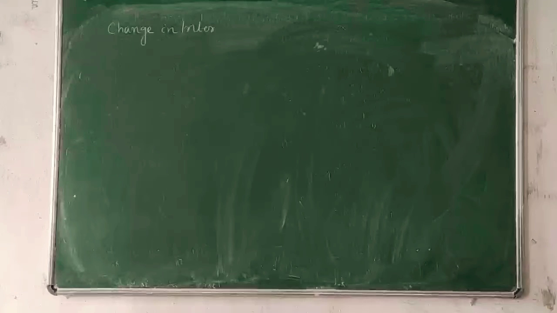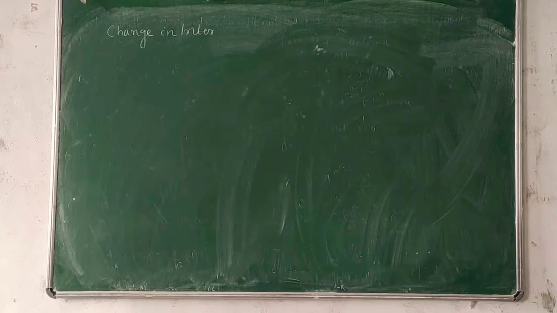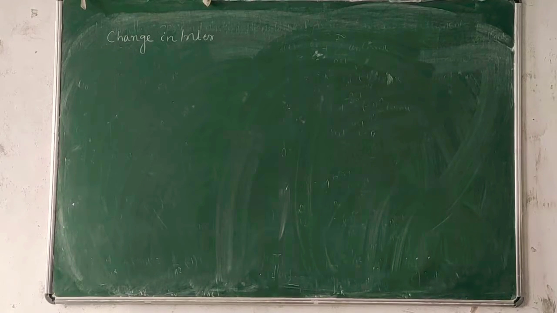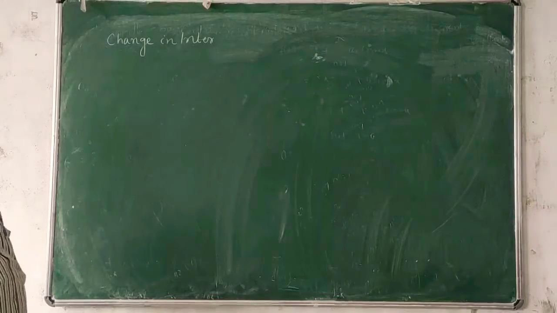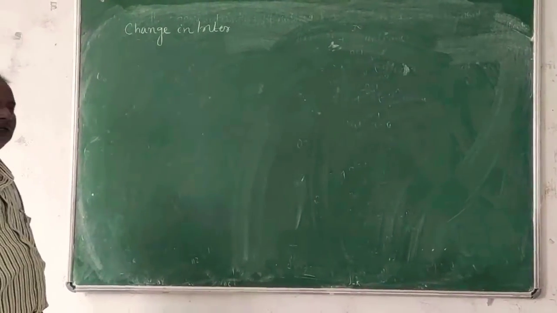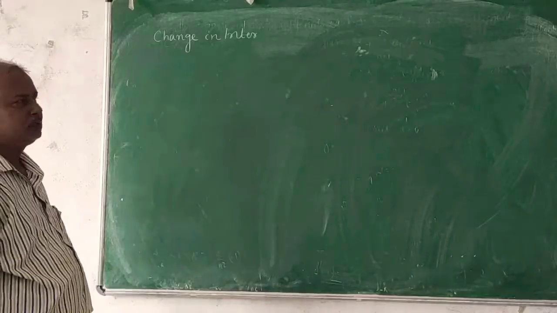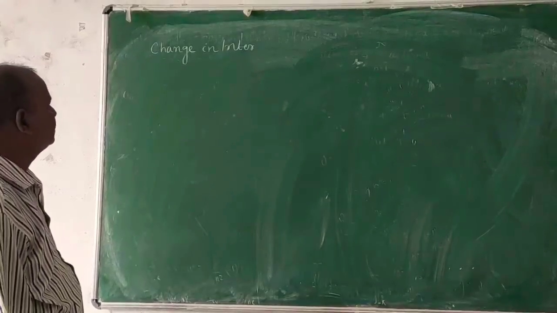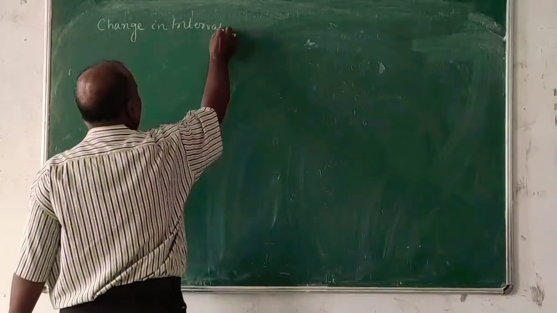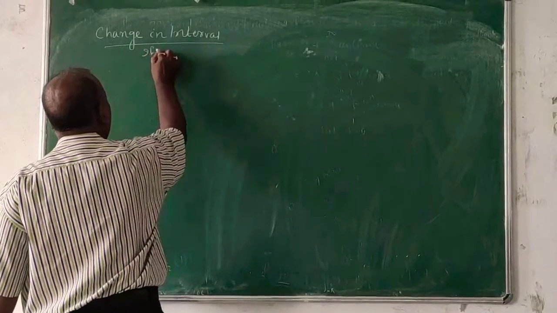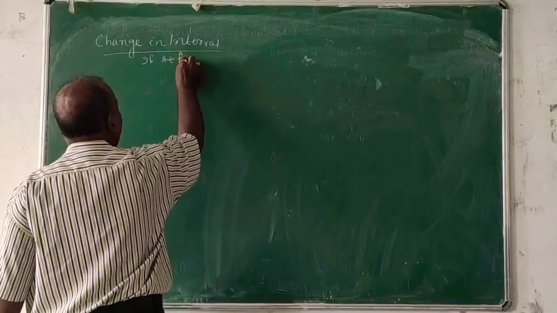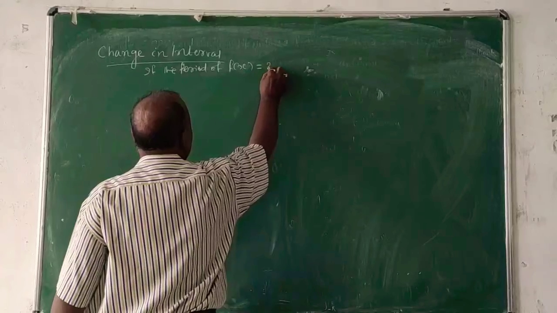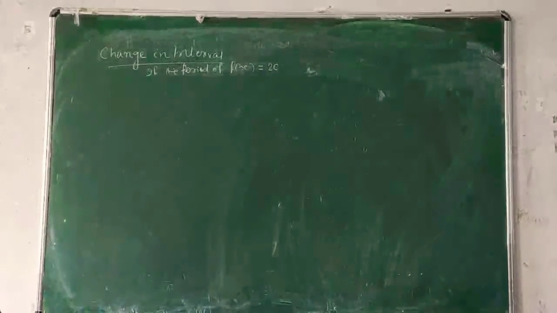By changing the intervals, as we have already discussed, I have reduced Euler's formula in the range alpha to alpha plus 2 pi. If the period of a function f(x) is 2 pi, then I have reduced the formula, that is f(x), and I got a0, an and bn. So if there is a change in the interval, that means if the period of f of x is 2c, where c is a real number,